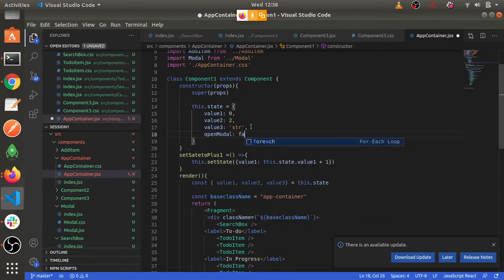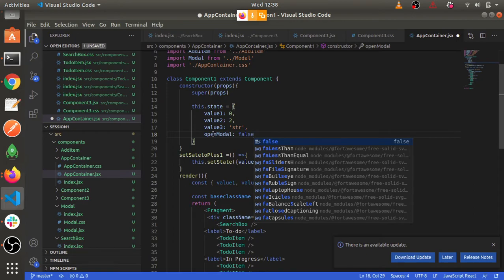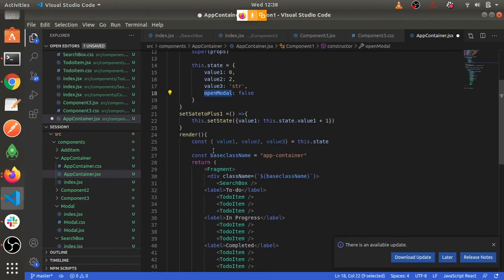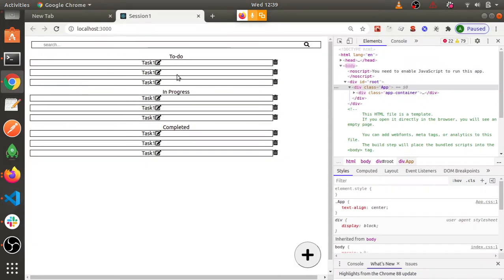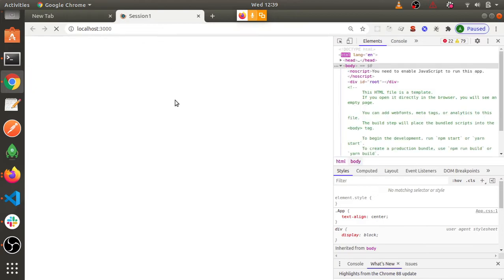Okay, and initially I'll set it to false, right? And I'll use this here. I'll use one condition on this. Whenever this model is true, then only this will be shown. Now if we come back to this, currently you are not seeing the model, right?